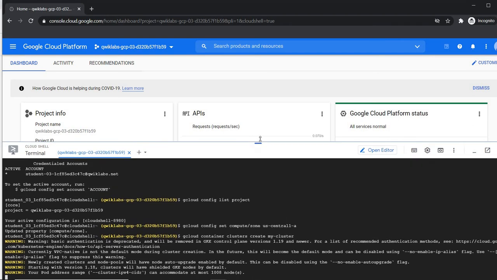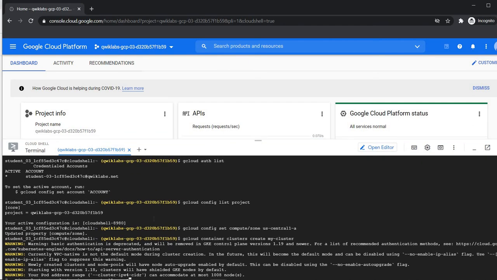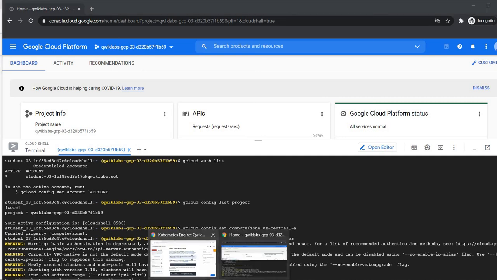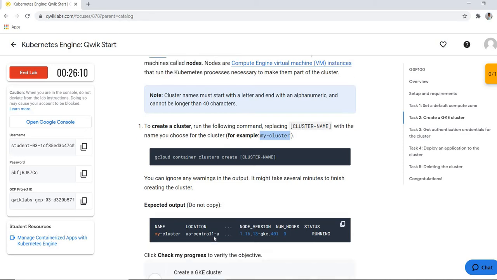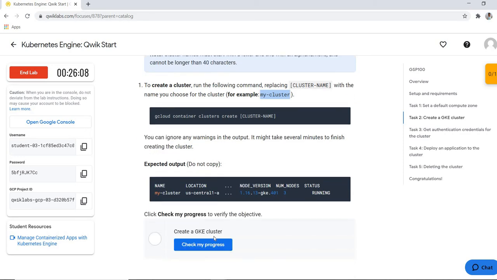This command creates one Kubernetes cluster in the predefined zone, that is us-central1-a. It takes some time to configure your cluster in the specific zone.